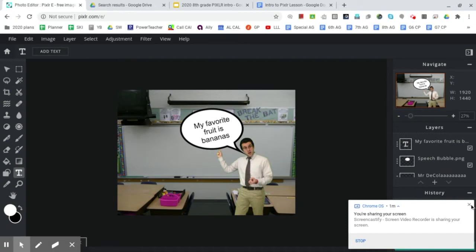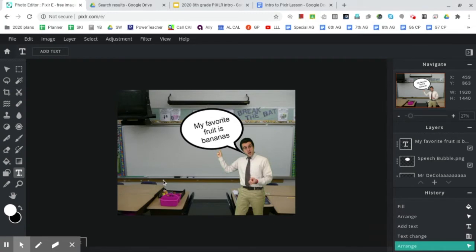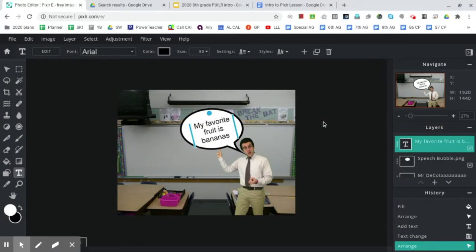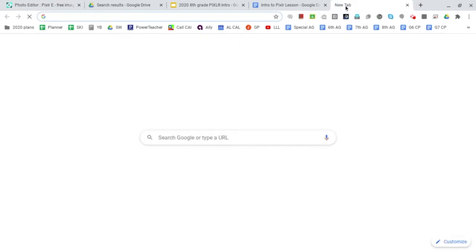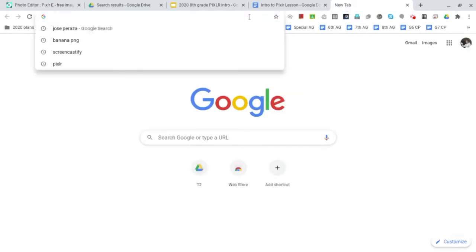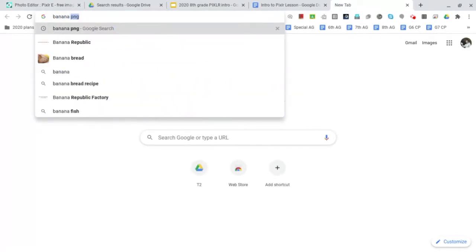Anyhow, it's now time to find an image on the internet and add it to our canvas here, something that will accompany what we wrote here. As you can imagine, since I mentioned bananas in the speech bubble, I'm going to want to add a photo of bananas onto the whiteboard as if that's what I'm pointing to. It's really simple. We simply have to make a new tab, and let's type in banana